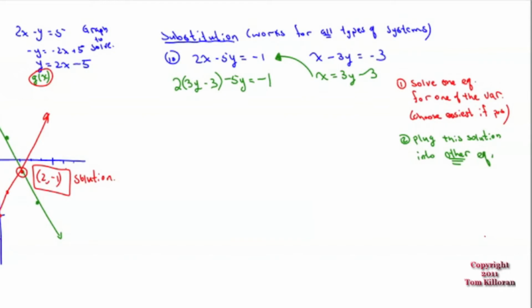All right, so what should be our next step? Solve this. We're only down to one variable. Solve the linear equation in one variable. So we're going to solve that equation for the variable y. How do I solve it for y? Distribute. So we get 6y minus 6 minus 5y is equal to -1. After you distribute, your next step should be